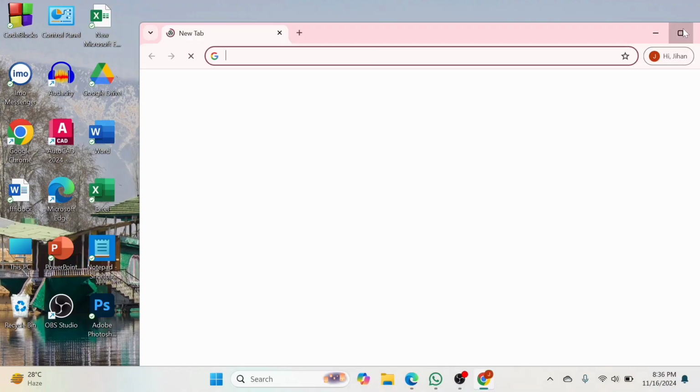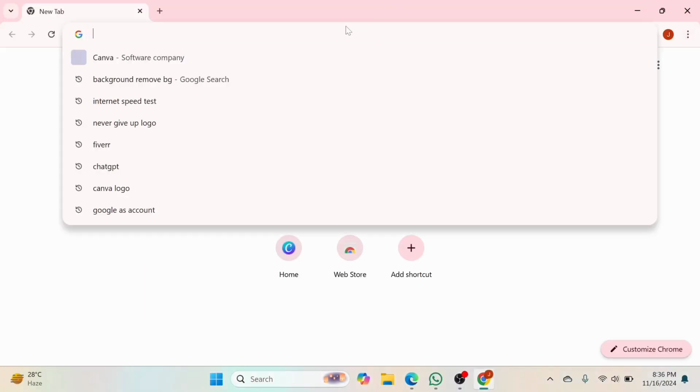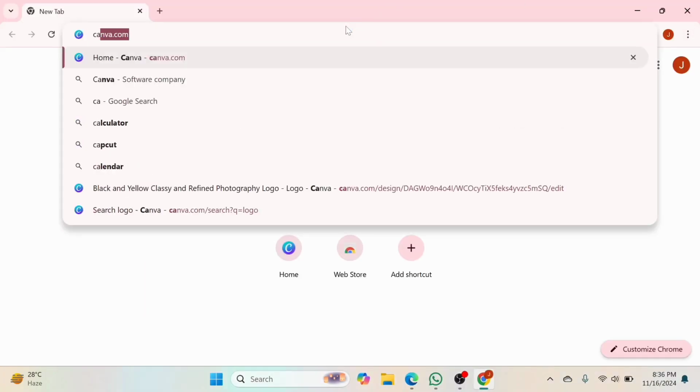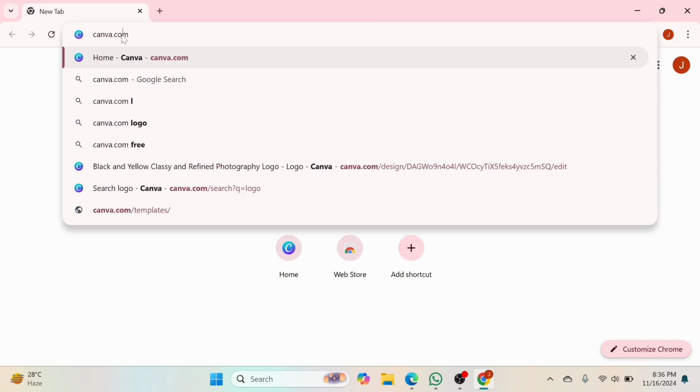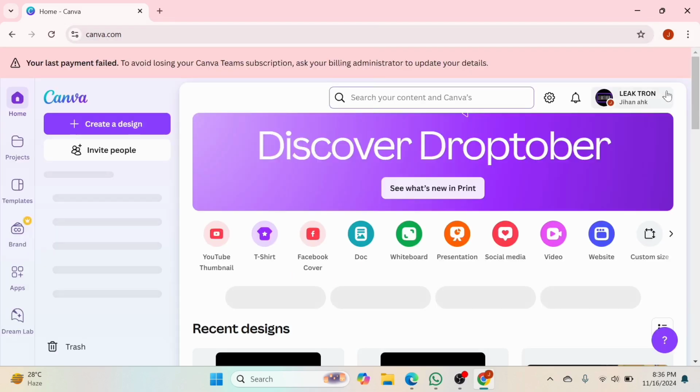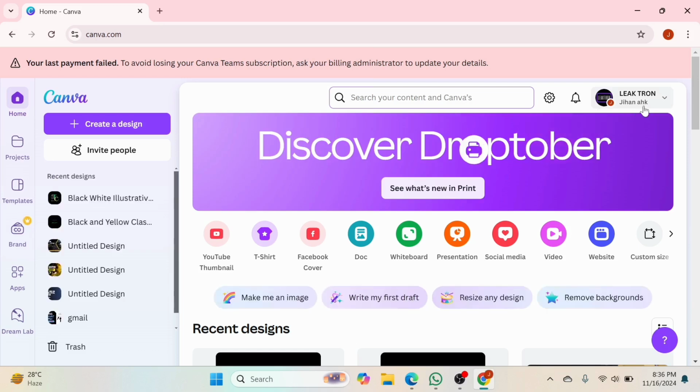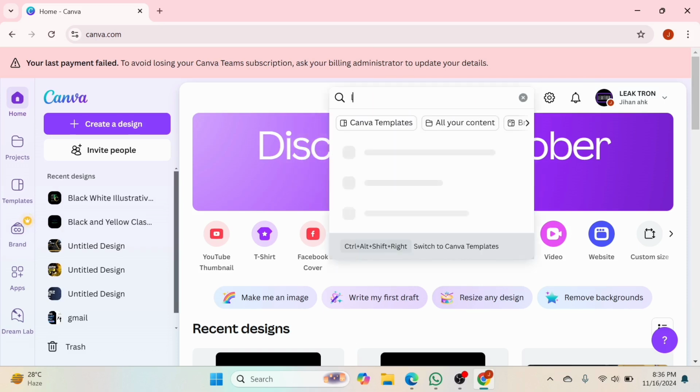First of all, enter a browser and search canva.com. After entering canva.com, you will see an interface like this. You need to sign up first. Sign in using your Gmail account. After signing in, click here to see the search option